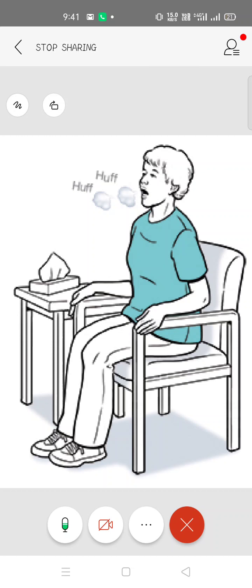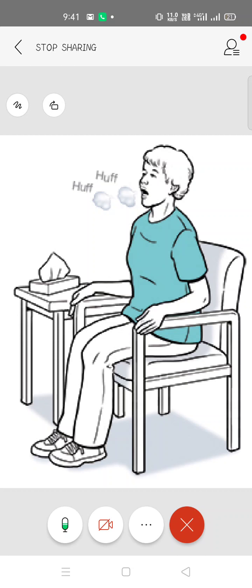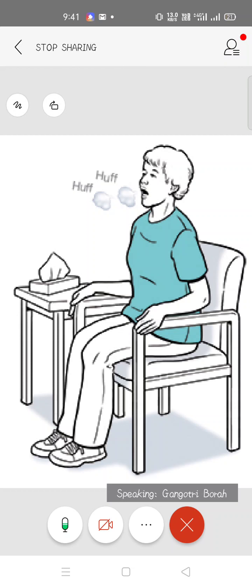So how will huffing help? It will help to move those secretions towards your mouth. The deep breathing exercises help to mobilize the secretion, and then huffing helps to move this secretion to your throat, towards your mouth. And this huffing is done with an open mouth and throat.